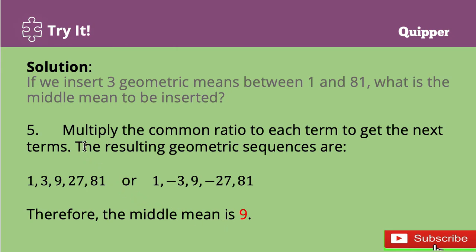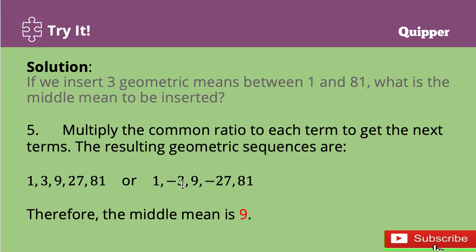Then lastly, we multiply the common ratio to each term to get the next terms. The resulting geometric sequences are, if we use positive 3 as the common ratio: 1, 3, 9, 27, and 81. Because 1 times 3 is 3, 3 times 3 is 9, 9 times 3 is 27, and 27 times 3 is 81. And for negative 3 as the common ratio, we have 1 times negative 3 is negative 3,